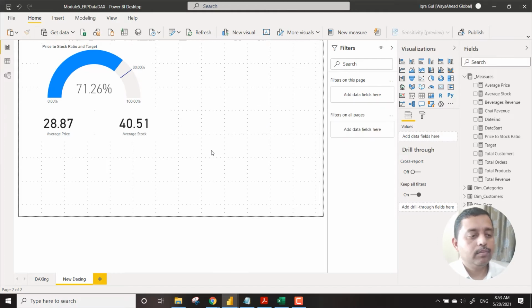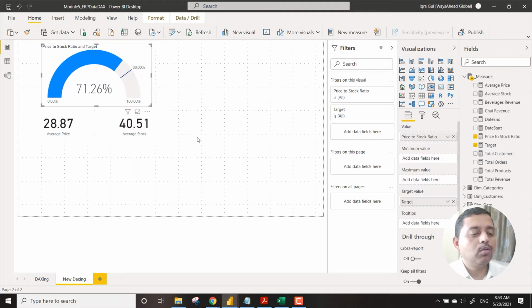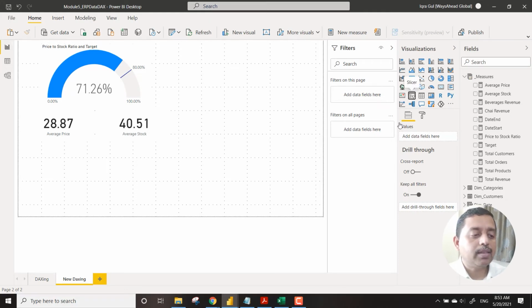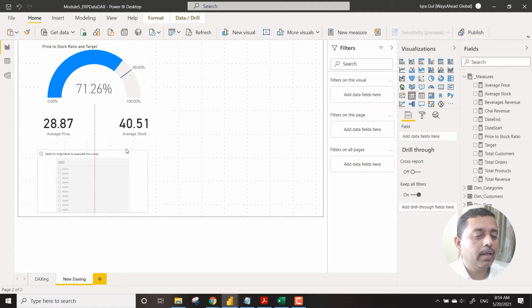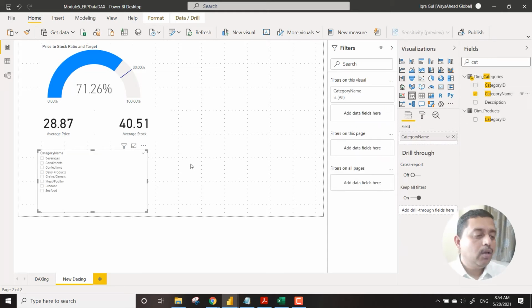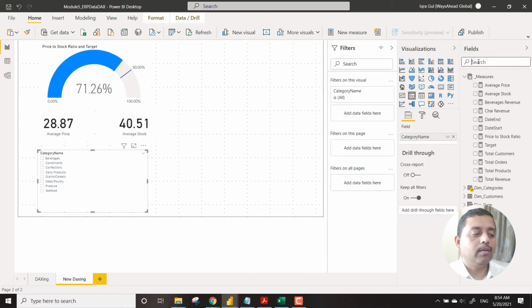We take this. Now this is like the overall. Suppose you want to slice and dice this based on this particular data, so what we need to do is bring in the slicer. So now we are introducing the slicer to this particular data, and we say that I do have categories. So I bring the category name into the field to see this data,